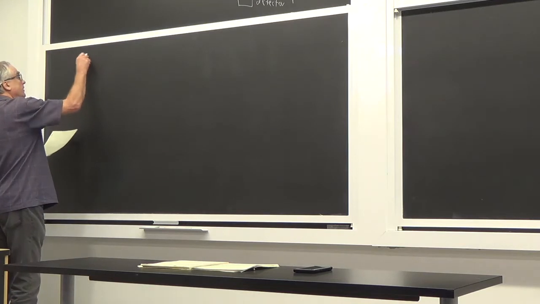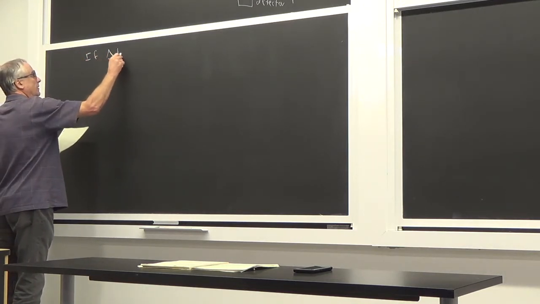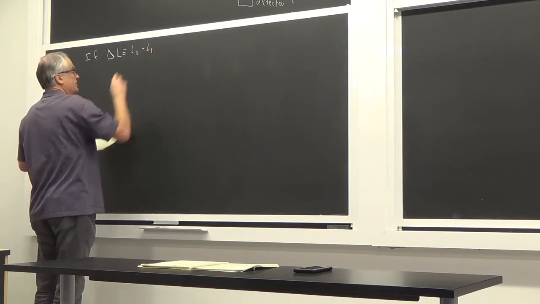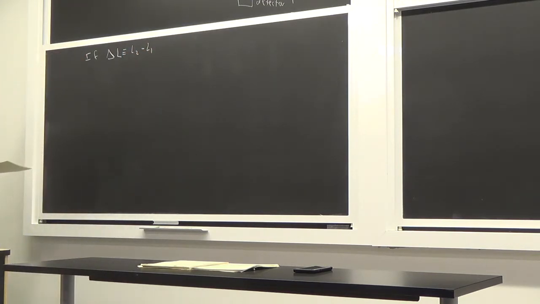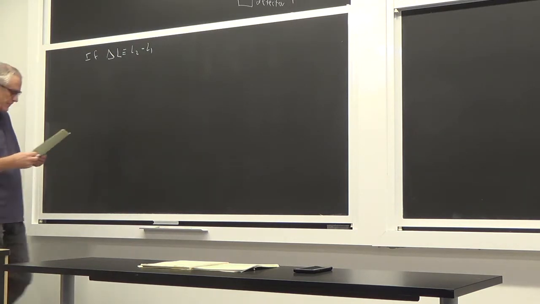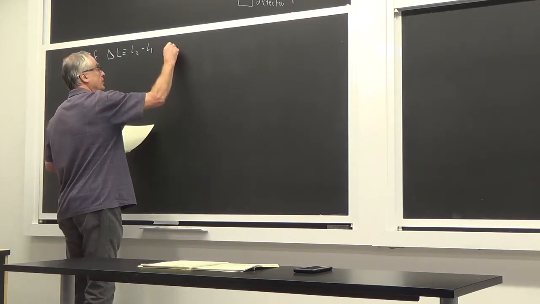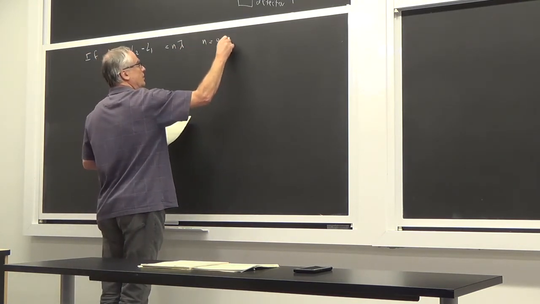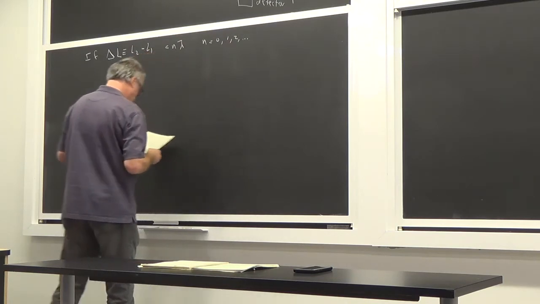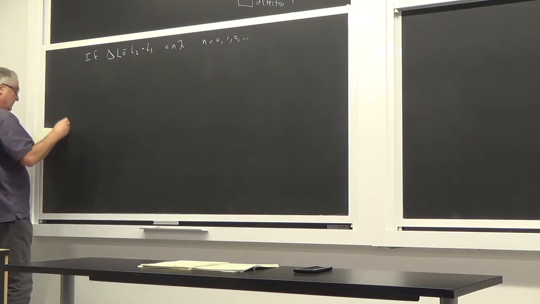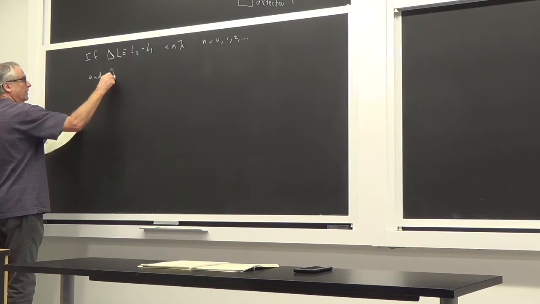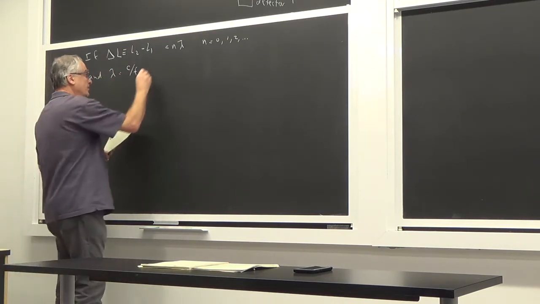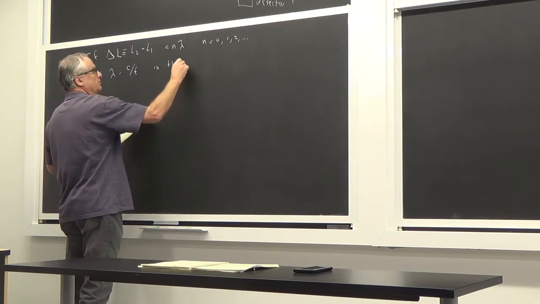So if we take the difference in path lengths, say ΔL = L2 minus L1, if that's equal to some integral number of wavelengths, where lambda equals the speed of light divided by the frequency is the wavelength,